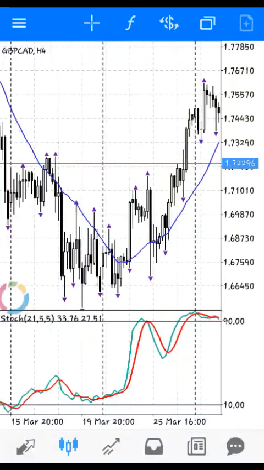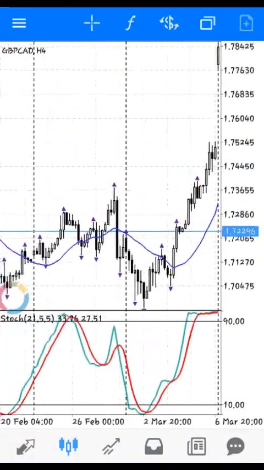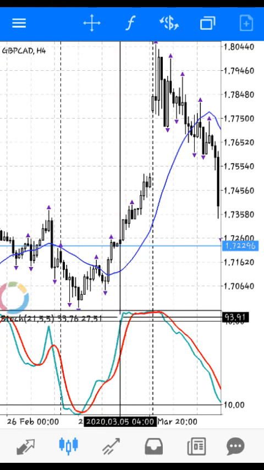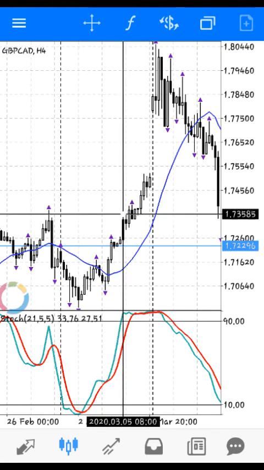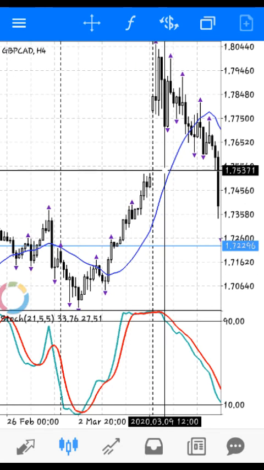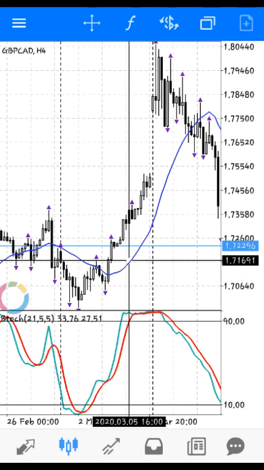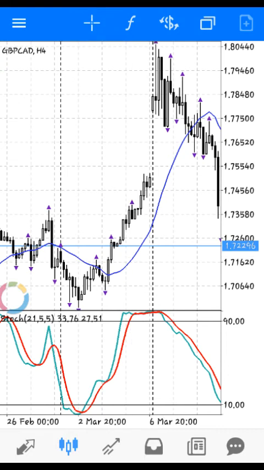Let me see if I can scroll and get that. For a very long period of time, for example, now this is it. So you see all the way from this point down to this point, all the while, it was above. So did it go down? No. So you don't want to sell when it's above this 90 level and buy when it's below this 10 level,